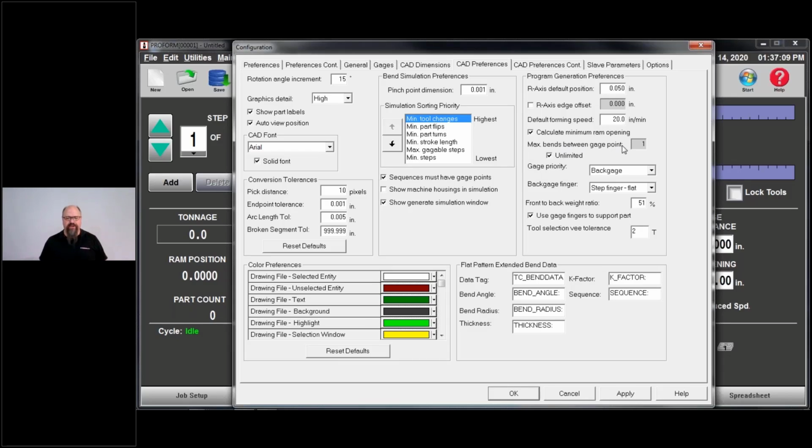Maximum bends between gauge point. Well, right now it's checked for unlimited. So when we say maximum bends between gauge points, if I have a complicated part where I'm making many bends, you guys can kind of see this part has all kinds of accordion bends.